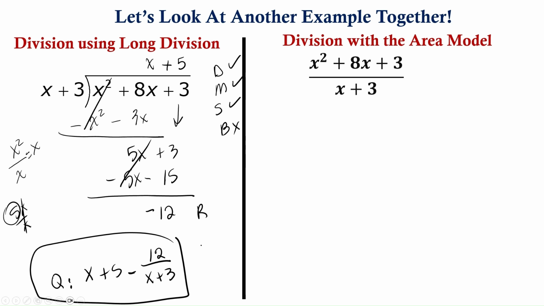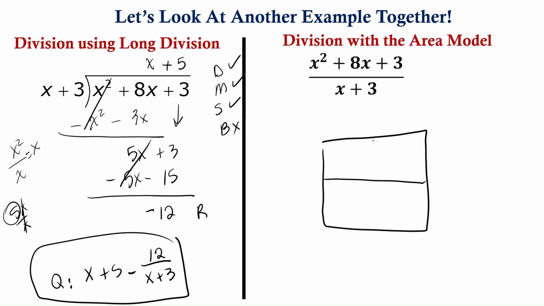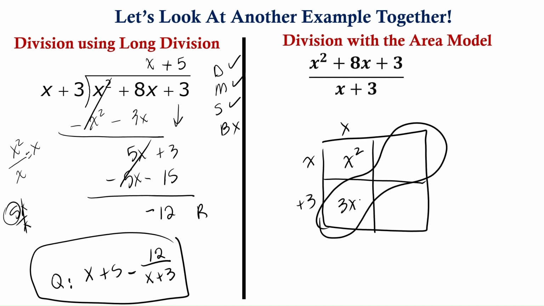I'm going to go ahead and do it with the area model, just in case you did do this by the area model, so you can see the difference. All right, we got x squared here in the middle. We have our divisor, x plus 3. We know that we're going to multiply x by x, so length times width will give us that x squared. Now we're going to do x times 3, which will give the areas in here. We know that these two are going to add up to 8. So that's going to give me